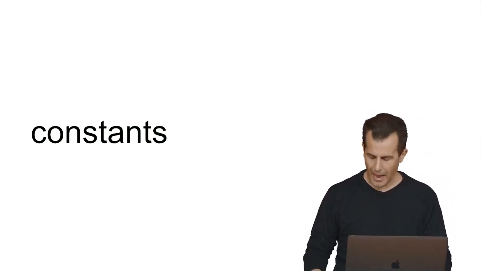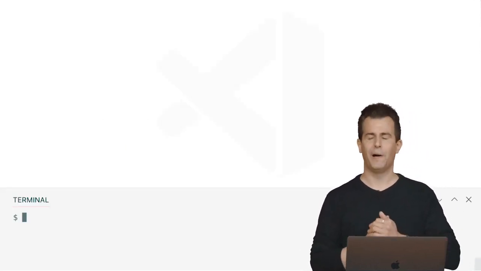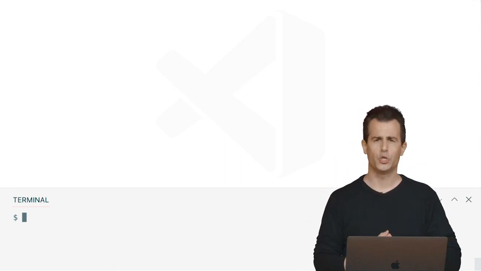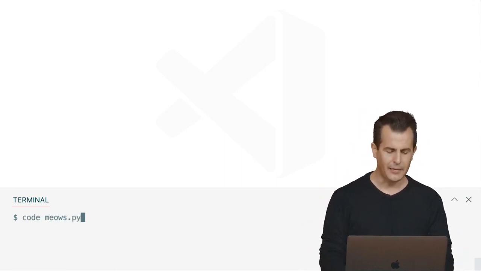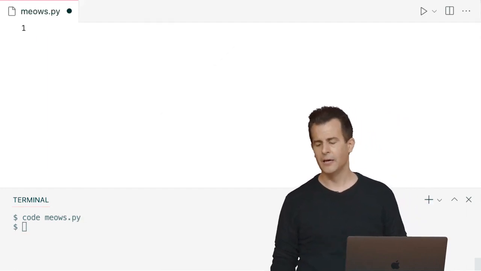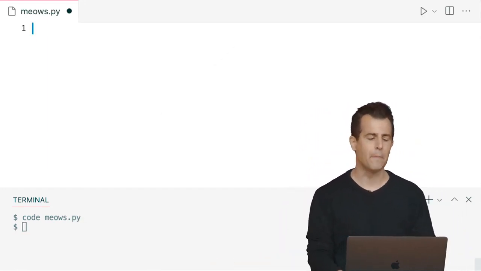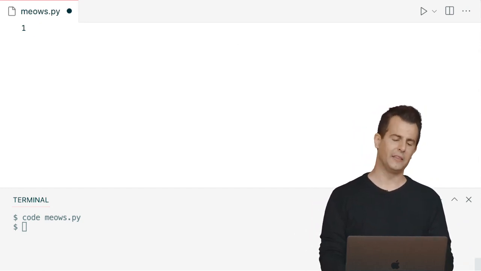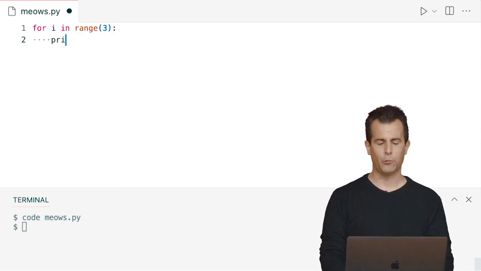So for instance, let me go back here to VS Code, and let me create a new file, for instance, called meows.py. And let's see if we can't implement the notion of a cat meowing on the screen. So I'll do code of meows.py. And in meows.py, let me go ahead, for instance, and implement a very simple program that just has a cat meowing 3 times. So how about this? For i in the range of 3, go ahead and print out